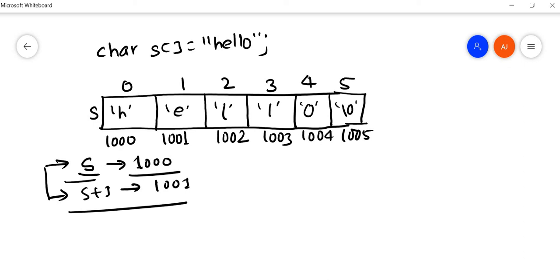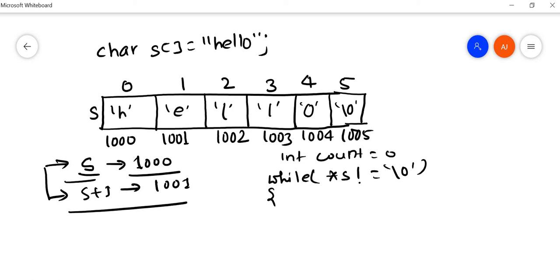So I can write something like this: while *s is not equal to \0, or until we reach the end of the string, we need to keep on incrementing the count value. Let us say the count is 0. Each time the address also needs to be incremented, so we do s plus plus.